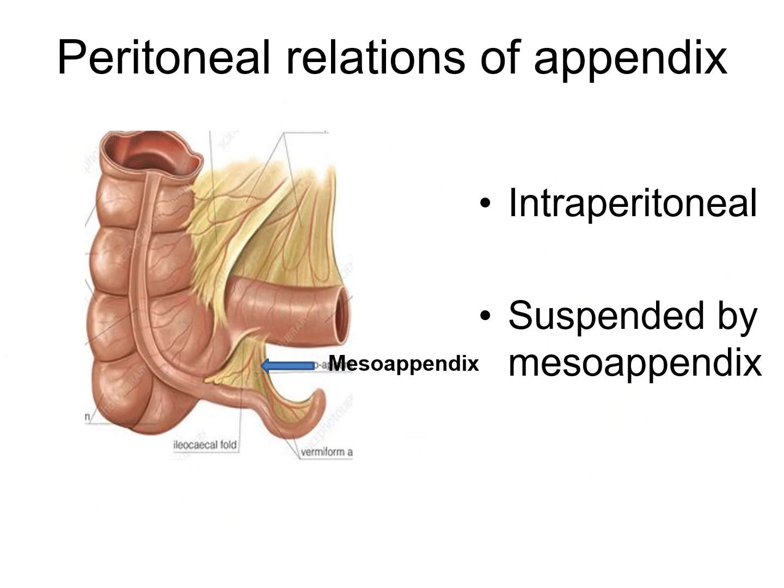Peritoneal relations of appendix. Appendix is an intraperitoneal structure and it is suspended by a small triangular fold of peritoneum which is known as mesoappendix. And this mesoappendix is derived from the posterior layer of the mesentery of the ileum. And through this mesoappendix only, the appendicular vessels reach the appendix. Sometimes this mesoappendix may be shorter and it may not reach the tip of the appendix, which results in the avascular region in the tip of appendix.